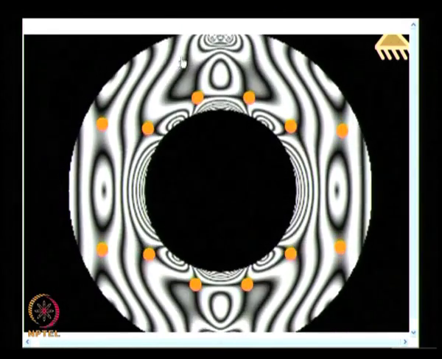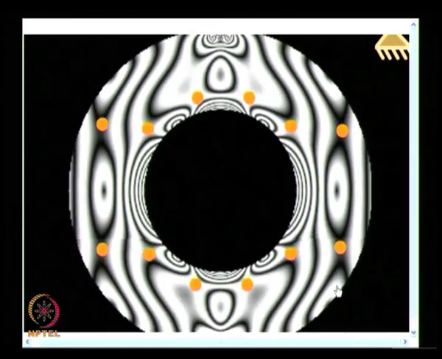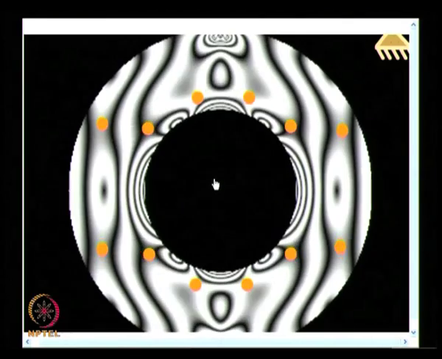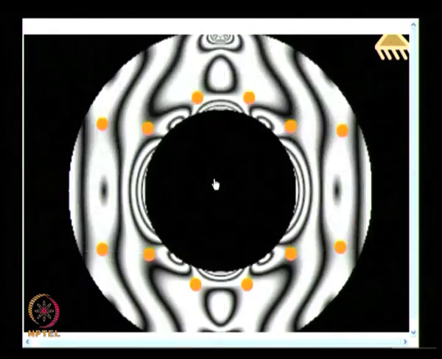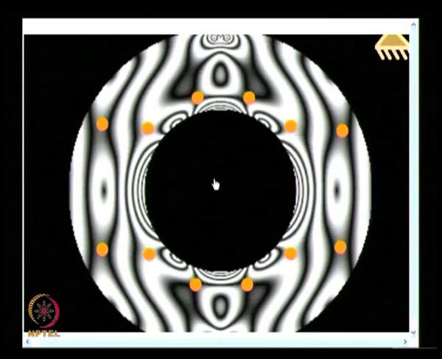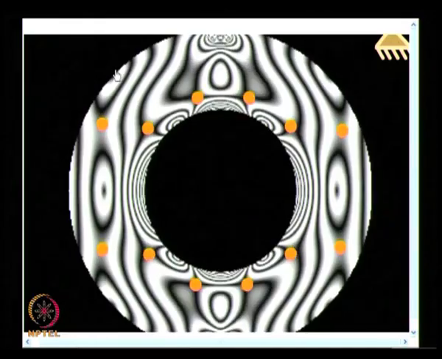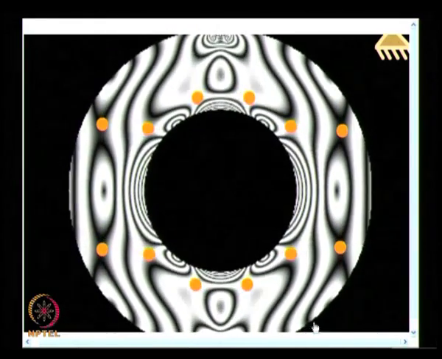So, we will also identify certain points on the outer boundary as well as certain points on the inner boundary where the fringe order is 0. I would be able to do that if I look at the isoclinic fringe field. On the other hand, in the case of a circular disc, the entire outer boundary was 0th fringe order. Here you are not having the entire outer boundary as 0th fringe order, you will only find out just 4 points. I have point 1 here, point 2, point 3 and point 4.